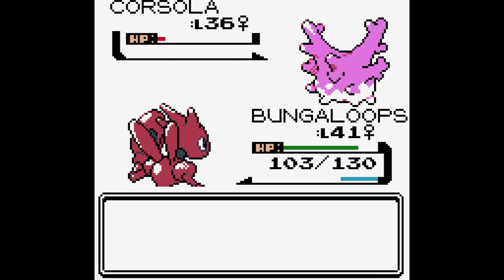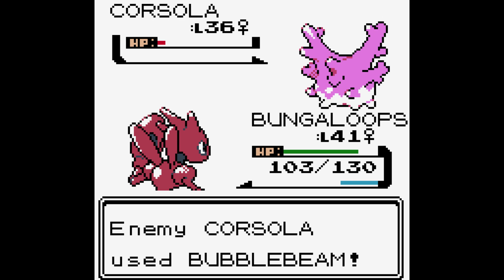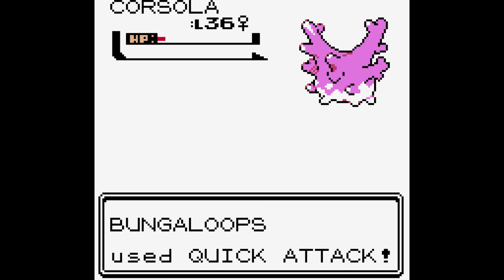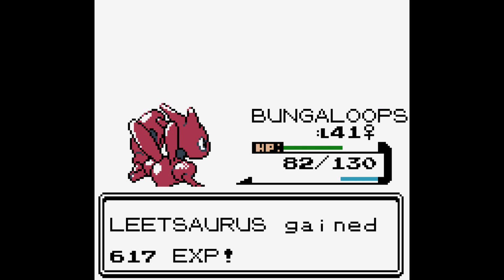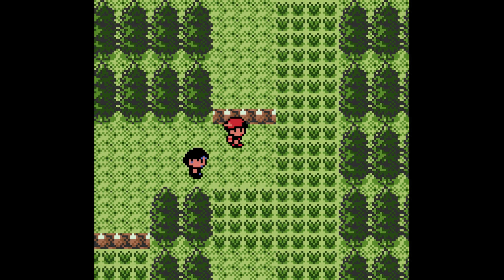What the hell is Corsola? Oh, Water Rock. Okay. I was gonna say, what resists flying but is normal to steel? So it looks like the rock resists our flying, and then water resists steel but is super effective against rock. We're gonna just Quick Attack. Oh, duh, idiot, rock. Okay. And I just feel like I'm beating myself up now for that really stupid mistake against...